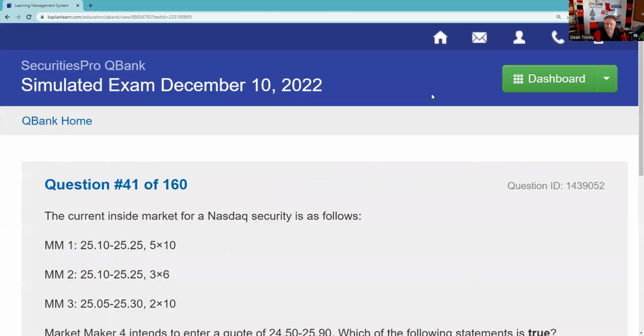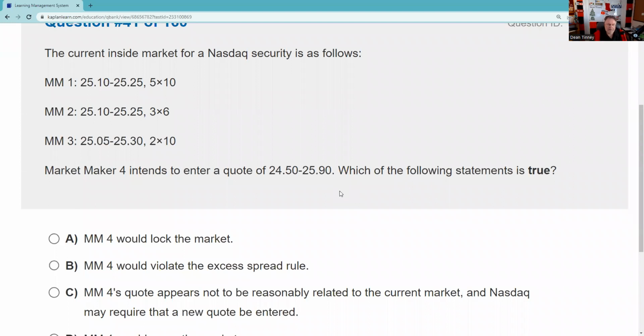Question 41. The current inside market, I don't like that we call that the inside market. It's the Level 2 NASDAQ data feed, or Level 3 if I'm a market maker. Market maker 1 says they're willing to buy 5 round lots at 25.10 and sell 10 round lots at 25.25. Market maker 2 says they're willing to buy 3 round lots at 25.10, sell 6 round lots at 25.25. Market maker 3 says they're willing to buy 200 shares at 25.05, 25.30, 200 on the bid, 1,000 or 10 round lots on the ask. Market maker 4 intends to enter a quote of 24.50,